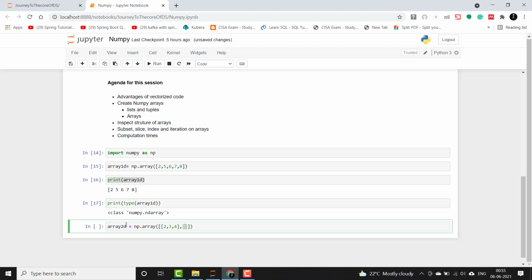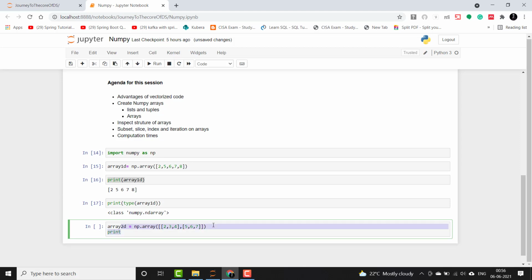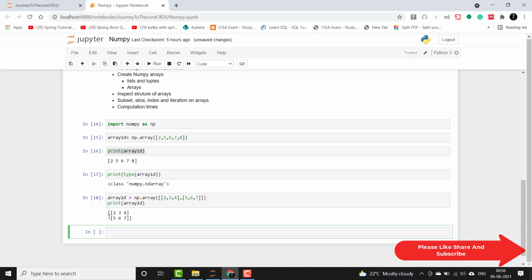I'm giving 2, 3, 4 as elements of row 1, and 5, 6, 7 as the elements in row 2. When I print this, you will see that it comes as a 2D array, in the form of rows and columns.